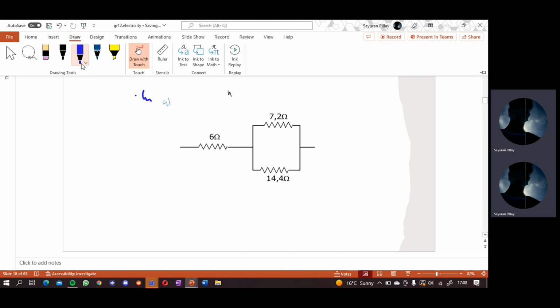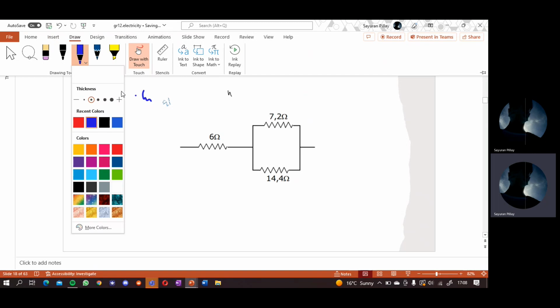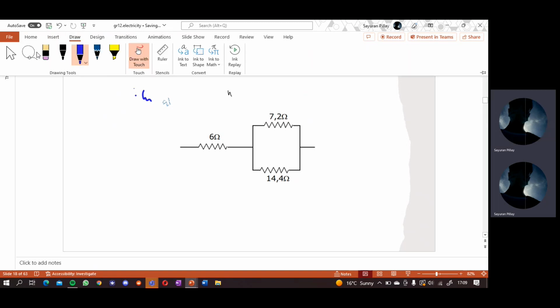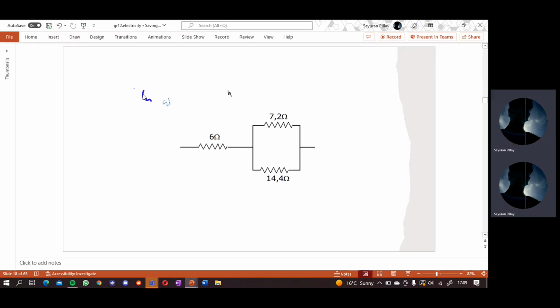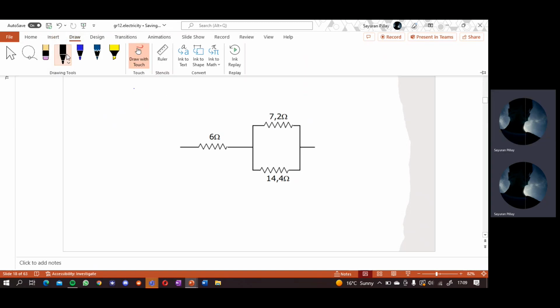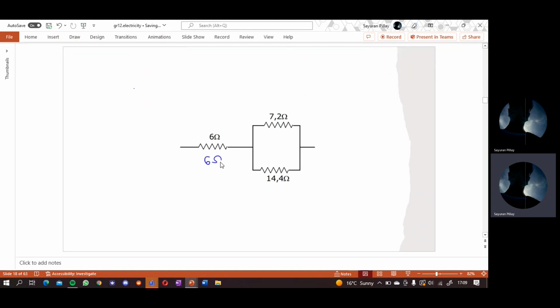That's too big. Okay, that's better. So basically, we're just going to find the sum of the resistance here. Simple. So this one, it's just 6 ohms. There's nothing complicated here. But now here, we have a split. Okay, and that split means